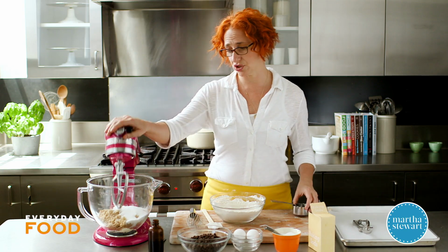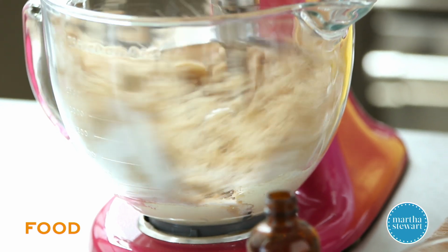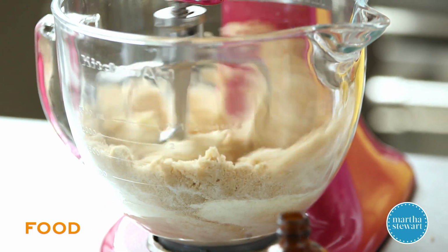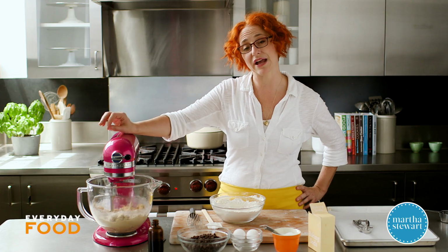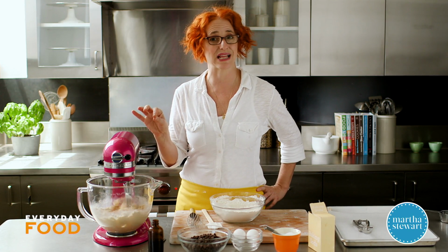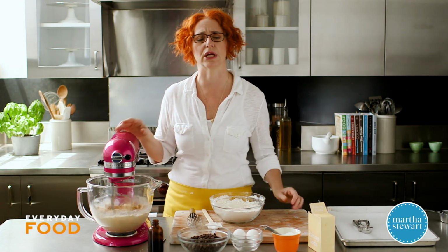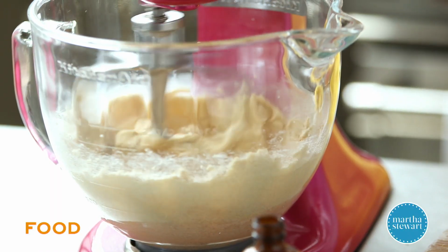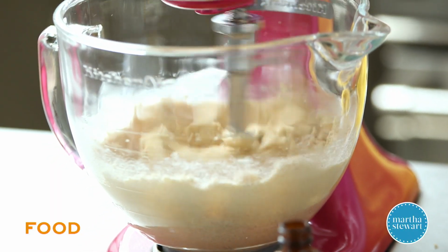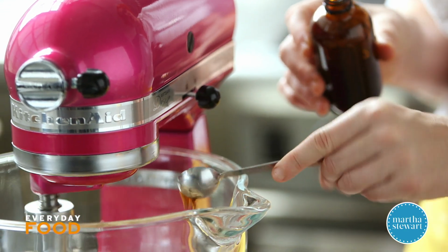And then make sure your butter is room temp and beat until fluffy and light. You're looking for your mixture to get lighter and fluffier, but with brown sugar, I've said this before, it doesn't get as light and fluffy as with white sugar, so just keep that in mind when you're looking to see where you're going. It should be nice and well combined, and if your butter is soft, then it'll take no time at all. Add 2 teaspoons of vanilla extract